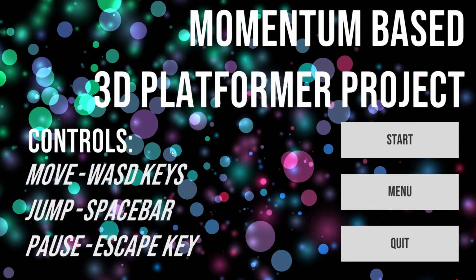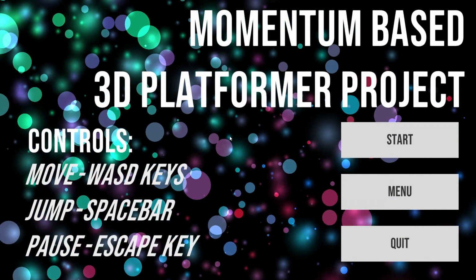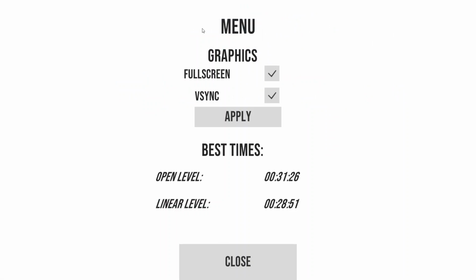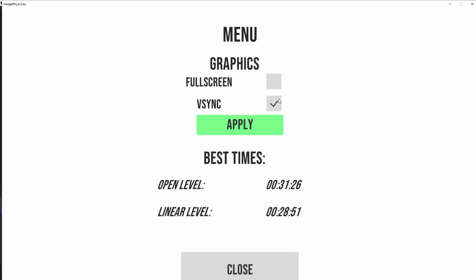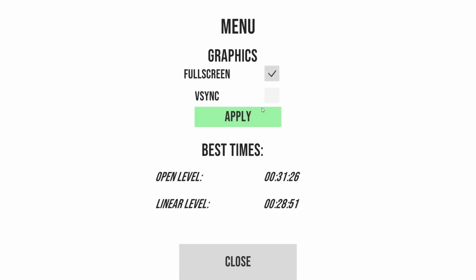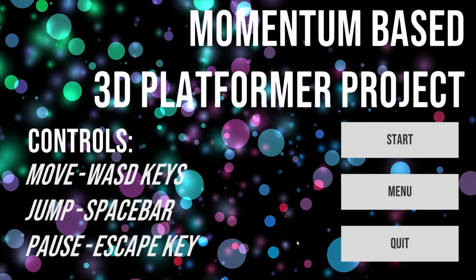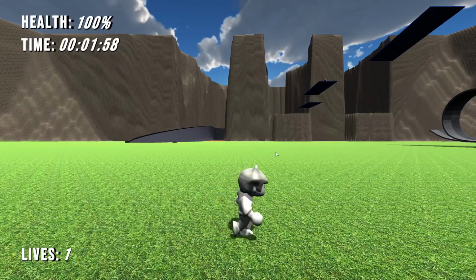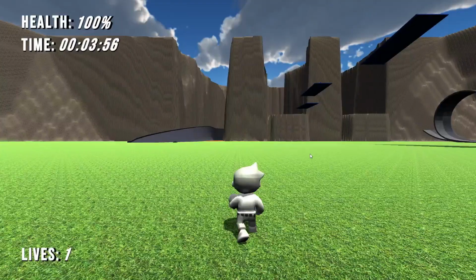So we start off with a title screen. Before I start the game, I'm just going to show off the menu. It's a very simple menu, but it can adjust full screen and the VSync. And this is all loaded from a save file that I'll show off later. But if we start the game, this is what the game looks like,